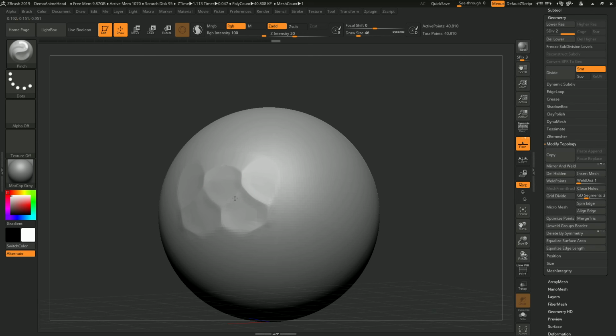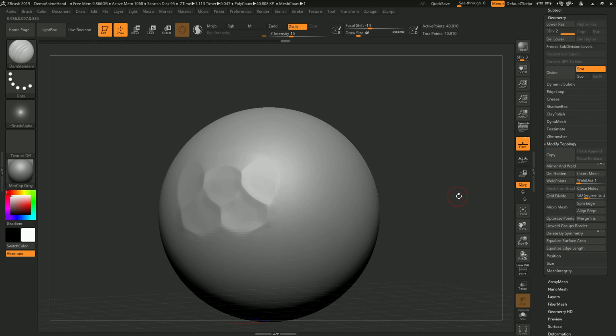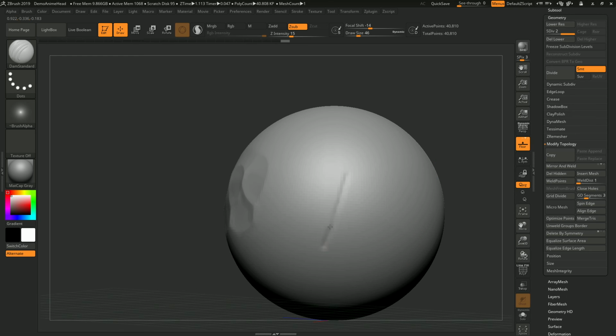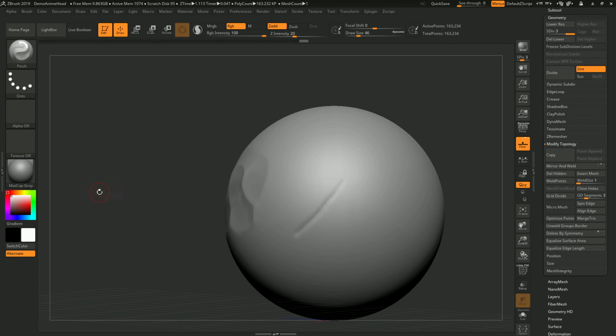Yeah, there's a lot of uses you can use it for. The other one I found really useful is for creases in cloth. So what I'd normally do is I get the Dam Standard brush, for instance, and I just make it decent enough. Start again. Turn the intensity up a little bit, and I just make a kind of crease in it there, and then we grab our pinch brush,